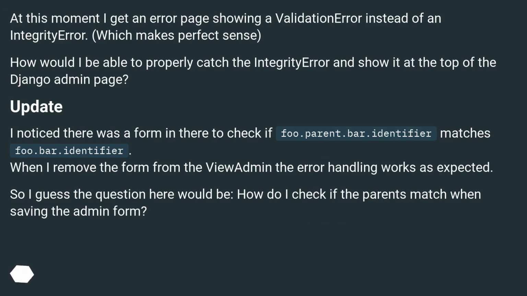At this moment I get an error page showing a validation error instead of an integrity error, which makes perfect sense. How would I be able to properly catch the integrity error and show it at the top of the Django admin page? Update: I noticed there was a form in there to check if